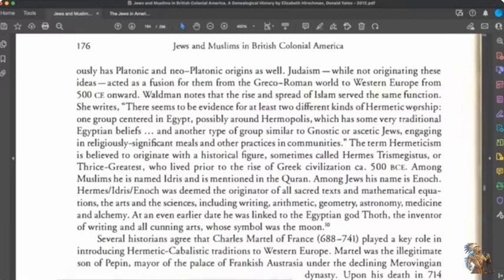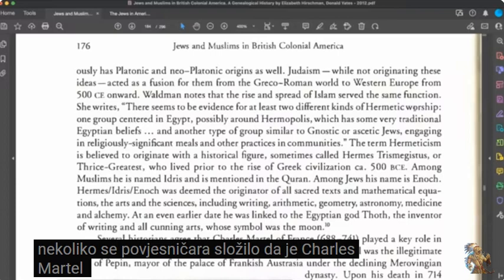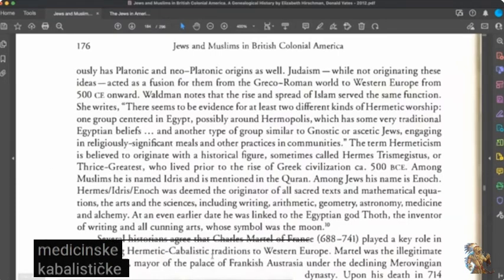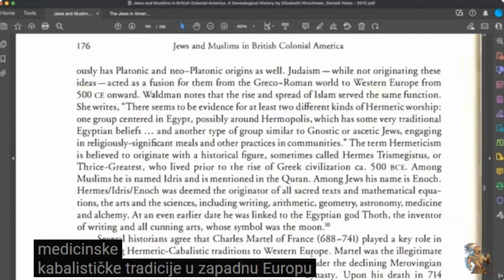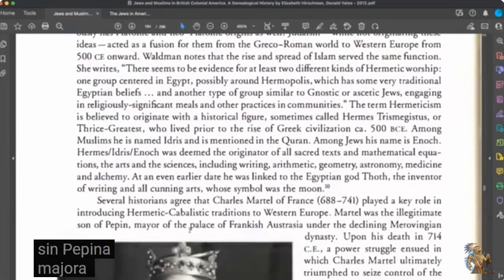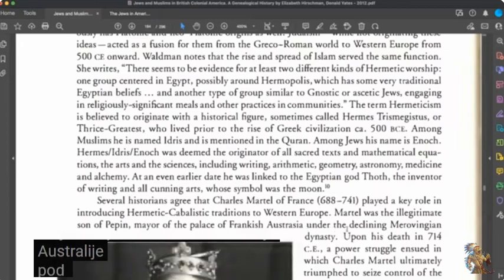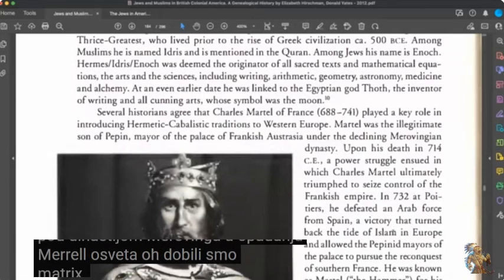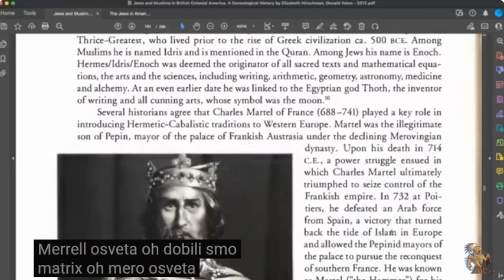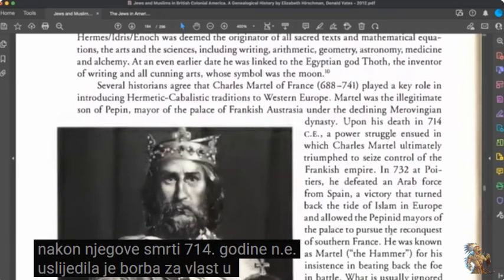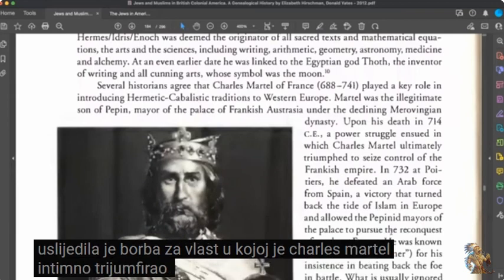Wow. Several historians agree that Charles Martel of France played a key role in introducing Hermetic Kabbalistic traditions to Western Europe. Martel was the illegitimate son of Pepin, mayor of the Palace of Frankish Austrasia, under the declining Merovingian dynasty. The Merovingian, we got the Matrix. Merovingian. Upon his death in 714 AD, a power struggle ensued in which Charles Martel ultimately triumphed to seize control